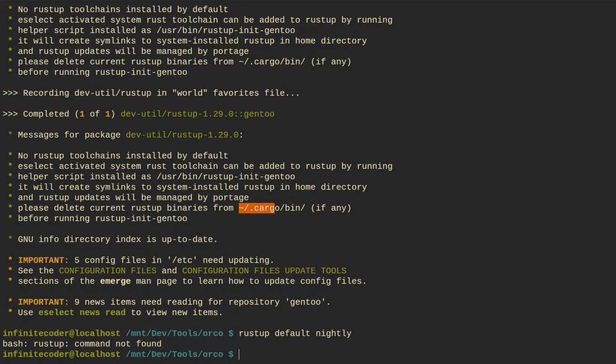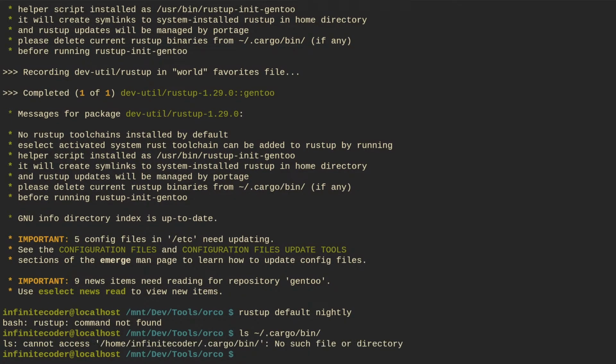Select activated system Rust toolchain can be added to Rust by running the helper script installed here. Some links to this and home directory stuff of this will be managed by portage. Please delete the current Rust binaries from this if any before running this. No, that doesn't exist. Oh, because I moved it.